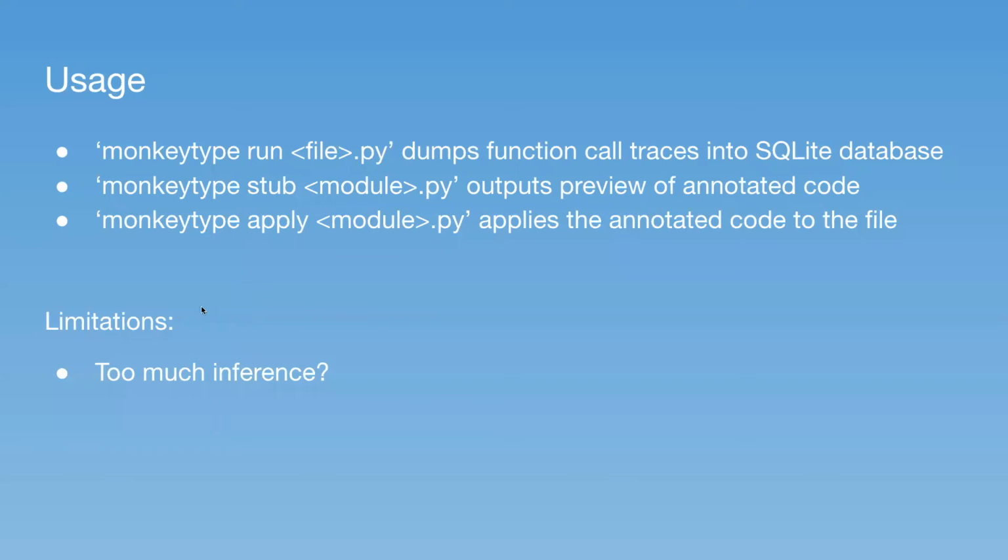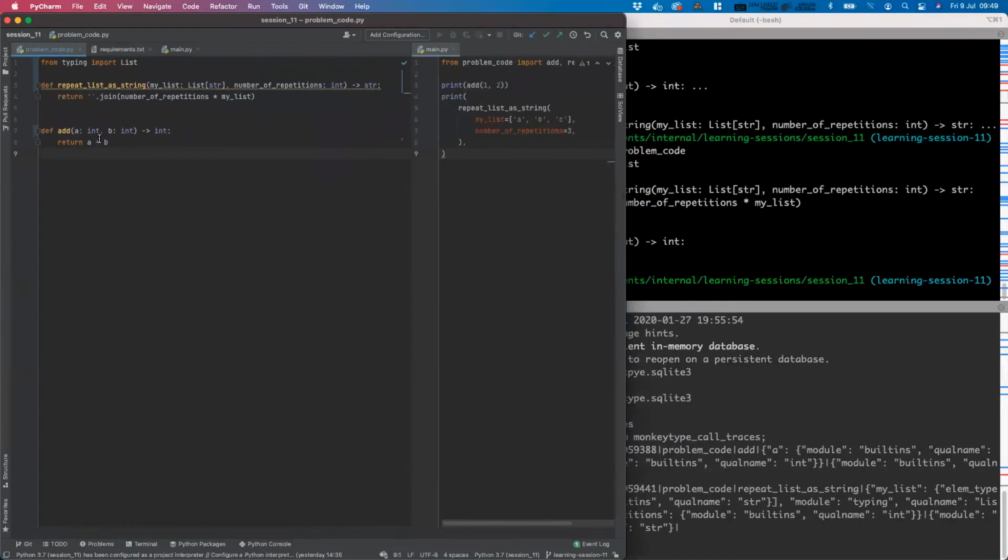Now, one thing you may or may not have picked up on is that there are some limitations. And I've written a question here saying too much influence, right? This add function here actually comes directly from the first page of the MonkeyType documentation, right? And it's great because we've added in here the behavior conveyed when we call it with the integers 1 and 2. But a potential problem is that